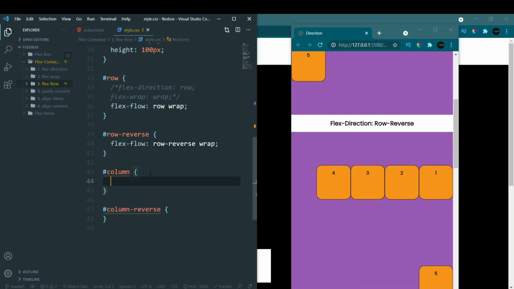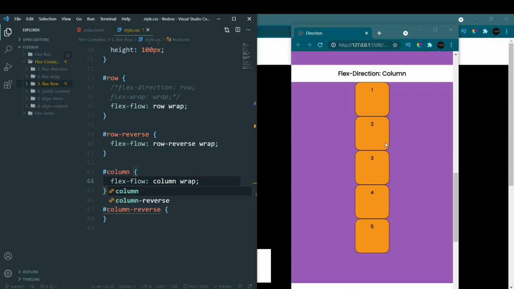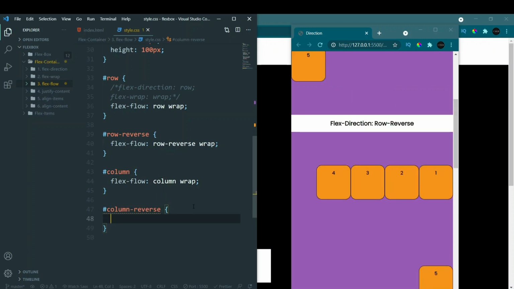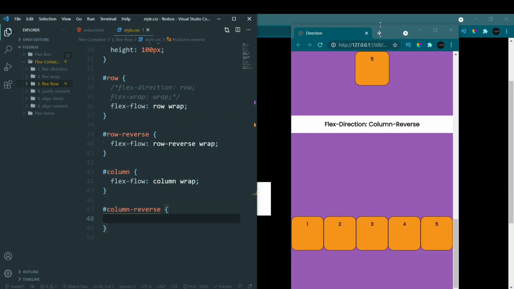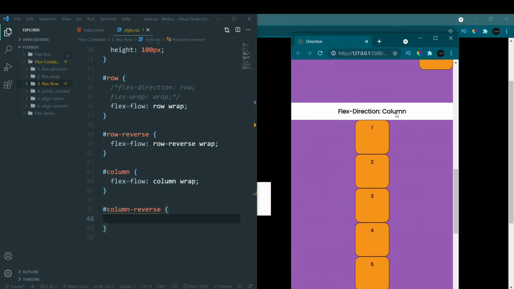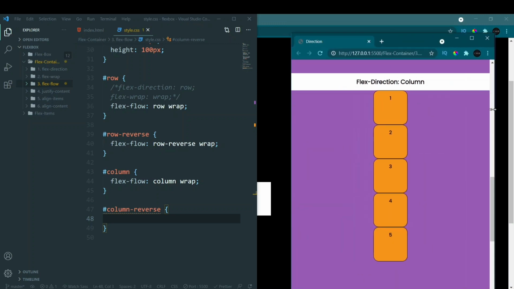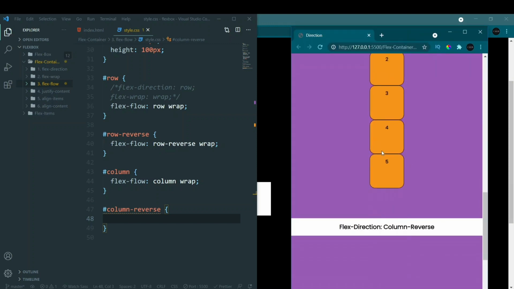Now here instead of row, we'll have column. So it will be arranged in a column, and in a column the wrap property does not work that much, because no one minimizes the screen like this, right? Everyone just does it. Even in phones, the screen size is adjusted like this. No one decreases this size, so it does not do much. But you can also try changing it. It might change, it might work if you want to do that.